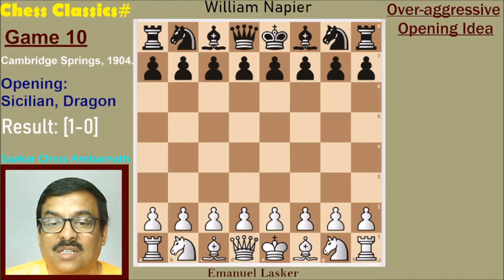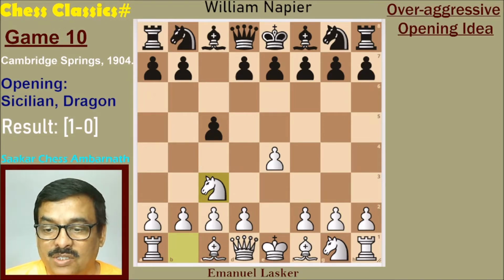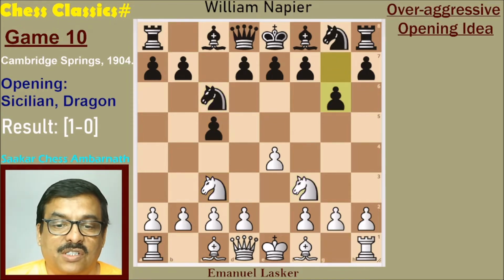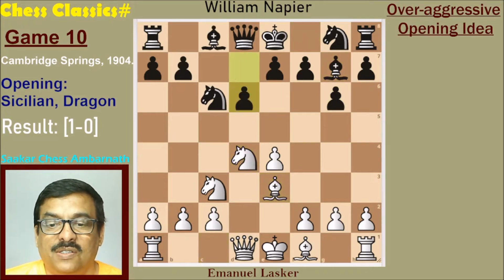So let's see. The game started with 1. e4 c5 2. Knight c3. This is actually a closed Sicilian, but often the closed Sicilian gets transposed to the open Sicilian in various variations. Knight c6, knight f3, and g6. Now here it was transposed into the Dragon variation. d4, c5 takes d4, knight takes d4, Bg7, bishop e3, d6, h3, knight f6,